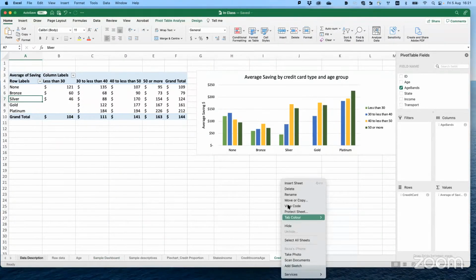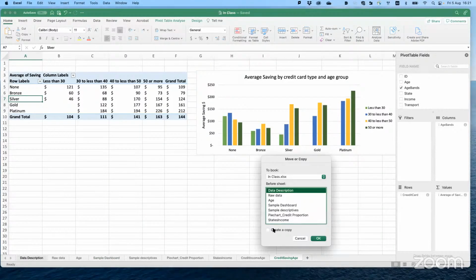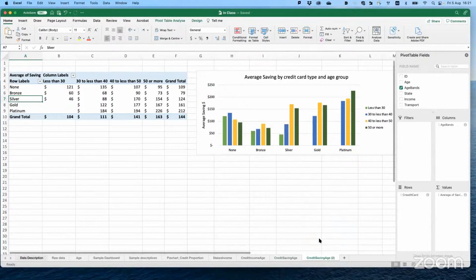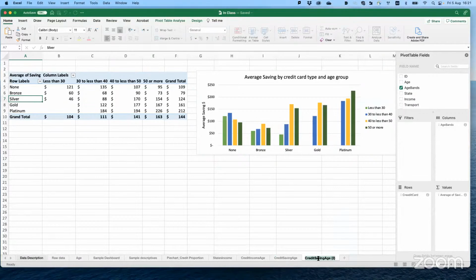We move a copy. We create a copy. We move to end. And we name it age spending. We have this age spending.